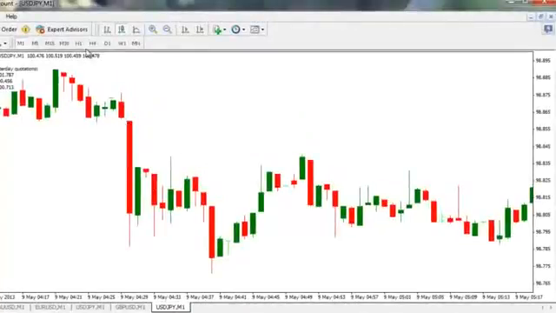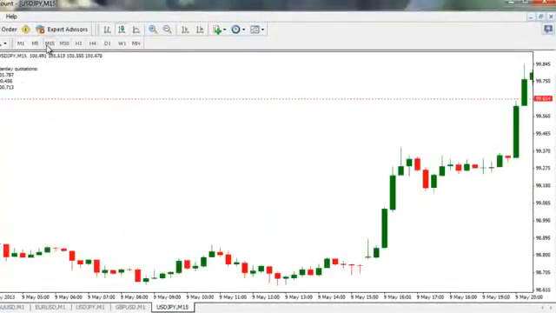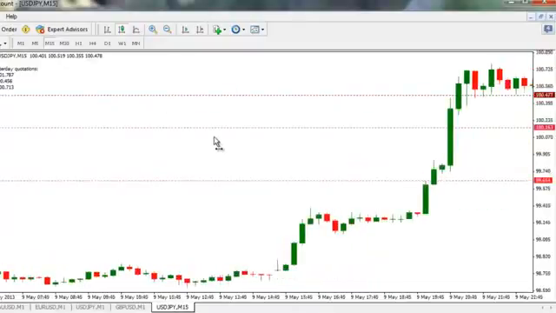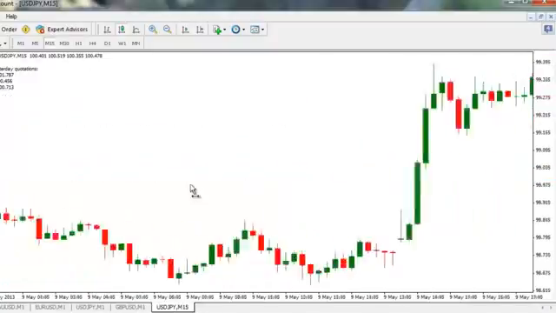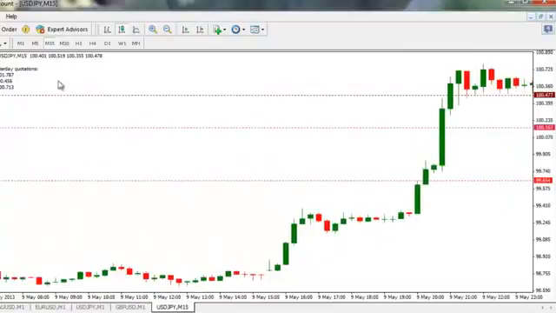The first thing I like to do with this strategy is zoom over to my 15-minute chart. Here we can see a strong uptrend on this 15-minute chart. The price moved up, and there goes an area where the price is starting to consolidate. So we zoom out on the chart. So that's the second step,